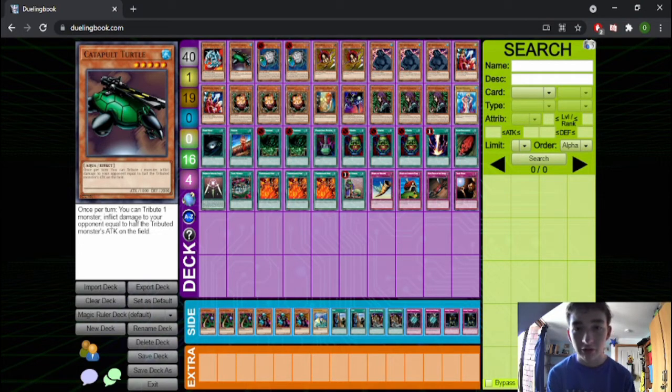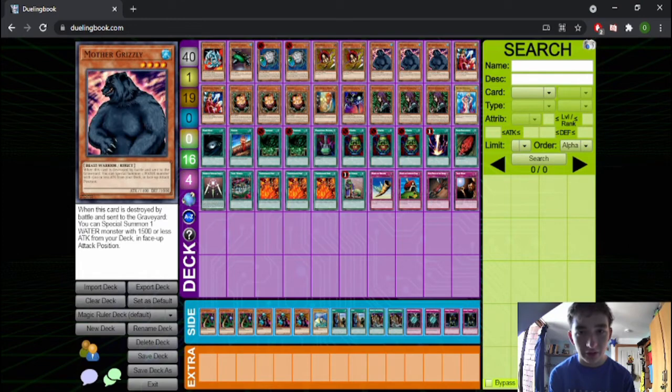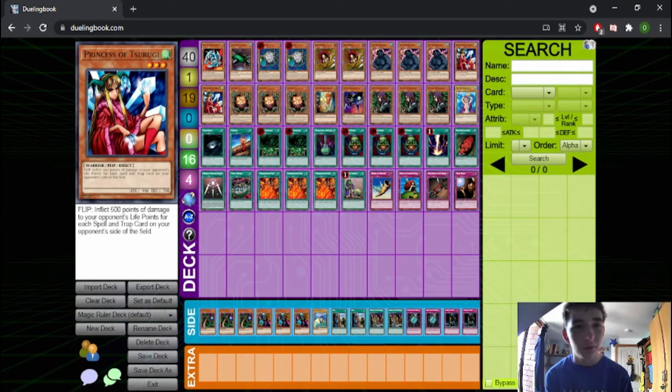But it will still synergize quite well with the burn strategy I've got going on. And then we have 2 Princess of Tsurugi, I think is how you pronounce that. She's a flip effect monster that burns for 500 for each of my opponent's spells and traps on the field. This will probably get